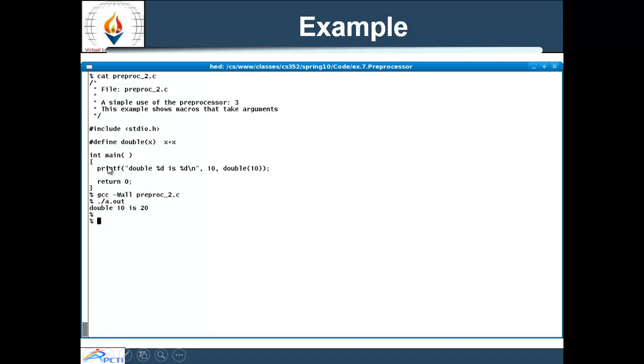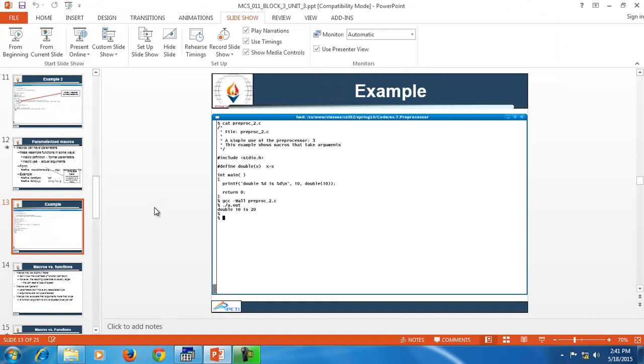In the main function, printf double, and this is the macro double, and the passing argument 10, so it will print 20. So double 10 means 20 is the output. I'll show you with the example also.